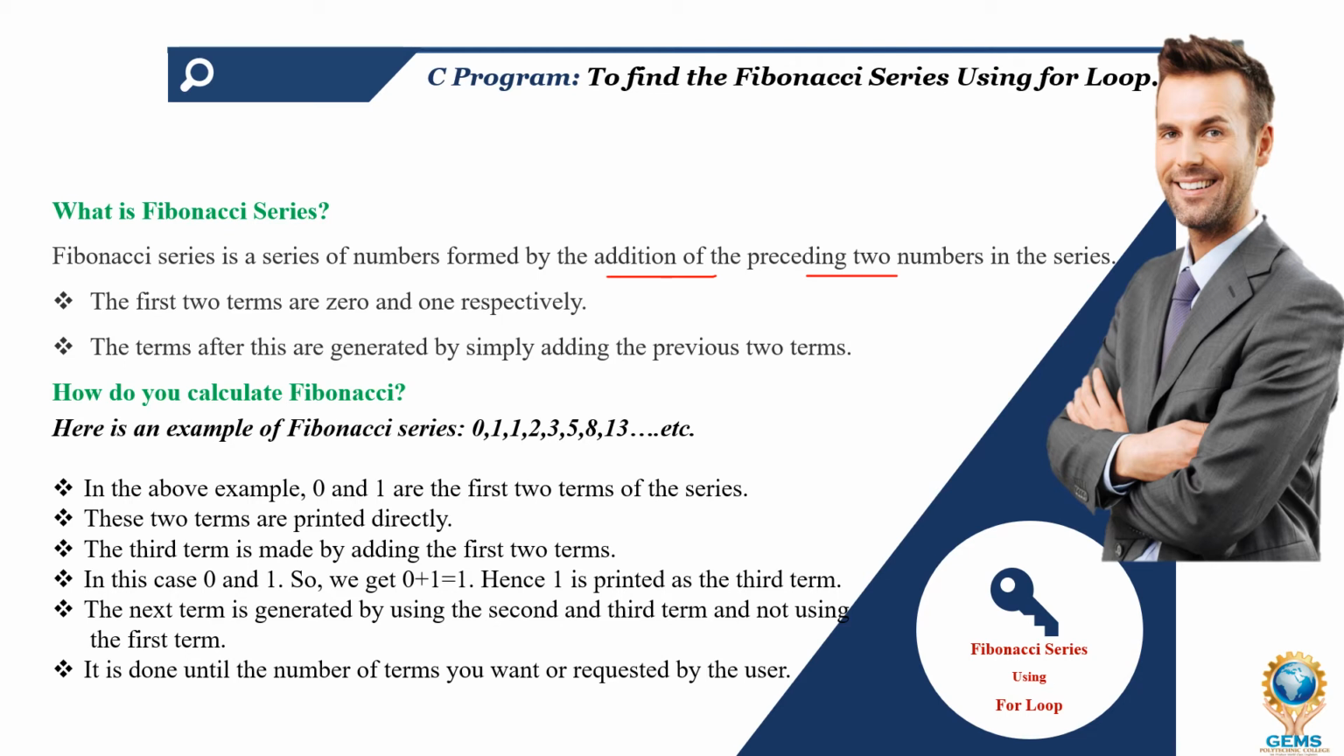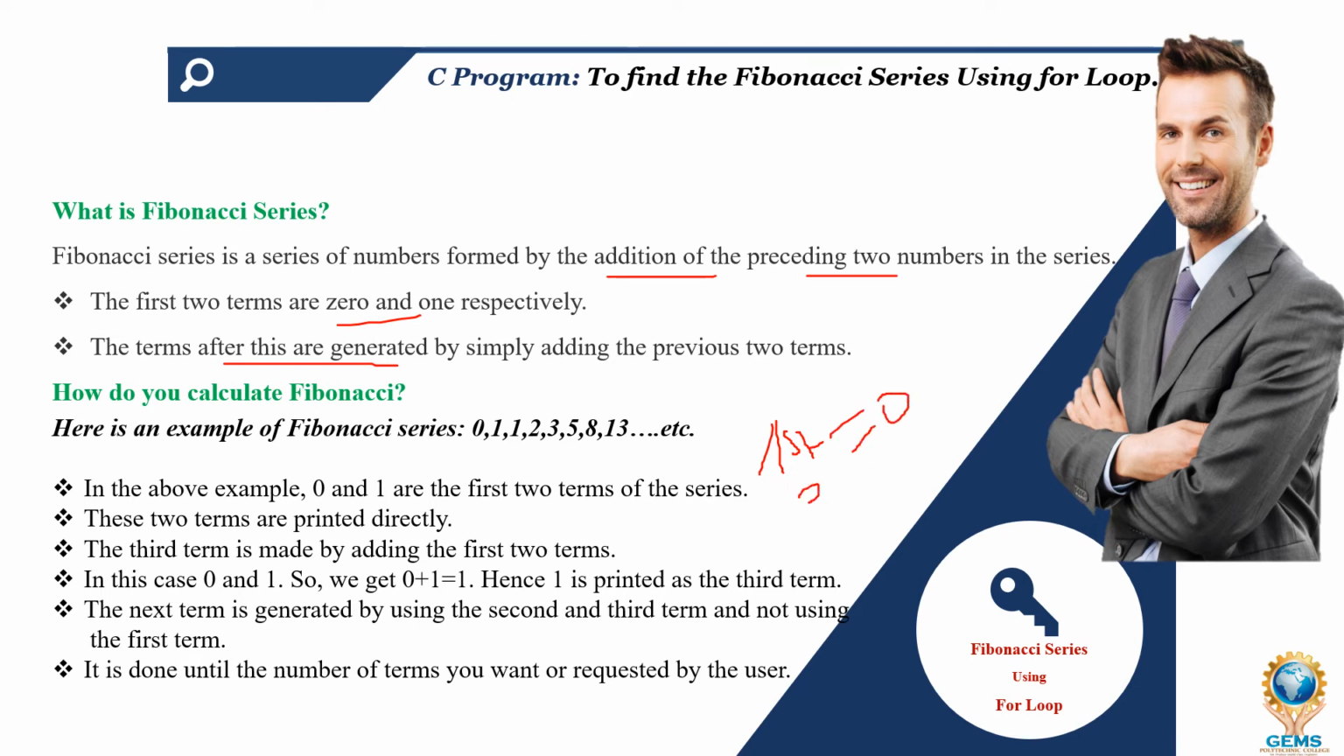By default, we are going to take 0 and 1. The first two terms by default we have to take as 0 and 1. Then the third term will be the sum of the first two terms, that is 0 plus 1. Let's see an example for better understanding. So the first term